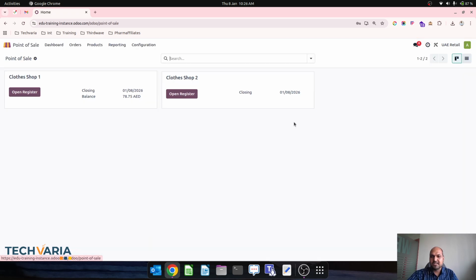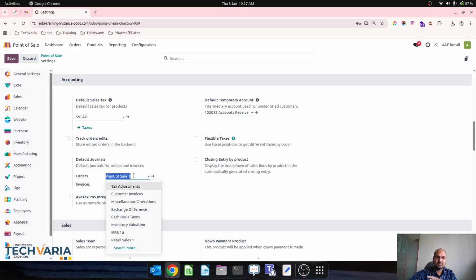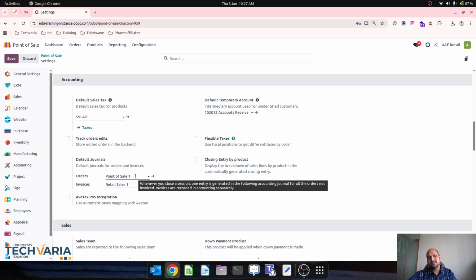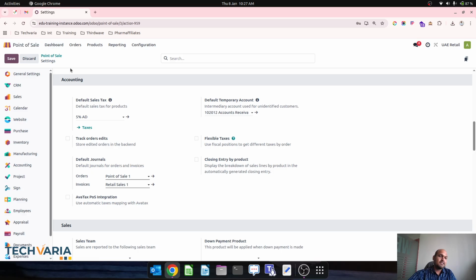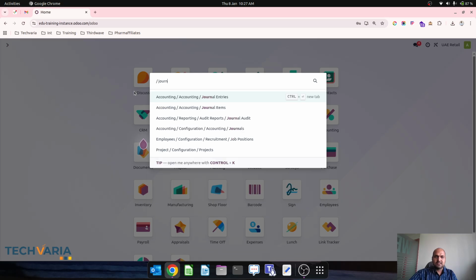So normally when you configure any POS, you need to configure the journals over here in POS. Over here, we see that for sales orders and for invoices, we have two different journals which we can set. If we directly pass and create any order without invoice, the order will be registered over here. And then if we create any invoice, the invoice will be registered over here using the default income account from these journals. So what I have done is I have created different journals over here to control our